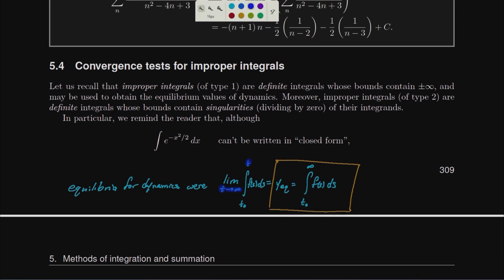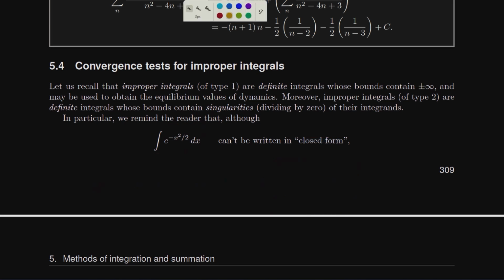And if you can find the actual value, it means that number one, the equilibrium exists, but number two, you've been able to establish what value it is. Sometimes we ran into integrals such as the one I've displayed in the middle here, e to the minus x squared over 2, where you can't actually solve the antiderivative in any sort of closed form, and yet if I gave this some bounds, maybe 0 to infinity, this does equal the square root of pi over 2. We don't have the tools to establish that in this class, but maybe even without those tools, if we just wanted to establish that the integral actually existed without necessarily being able to compute it, that's a valuable